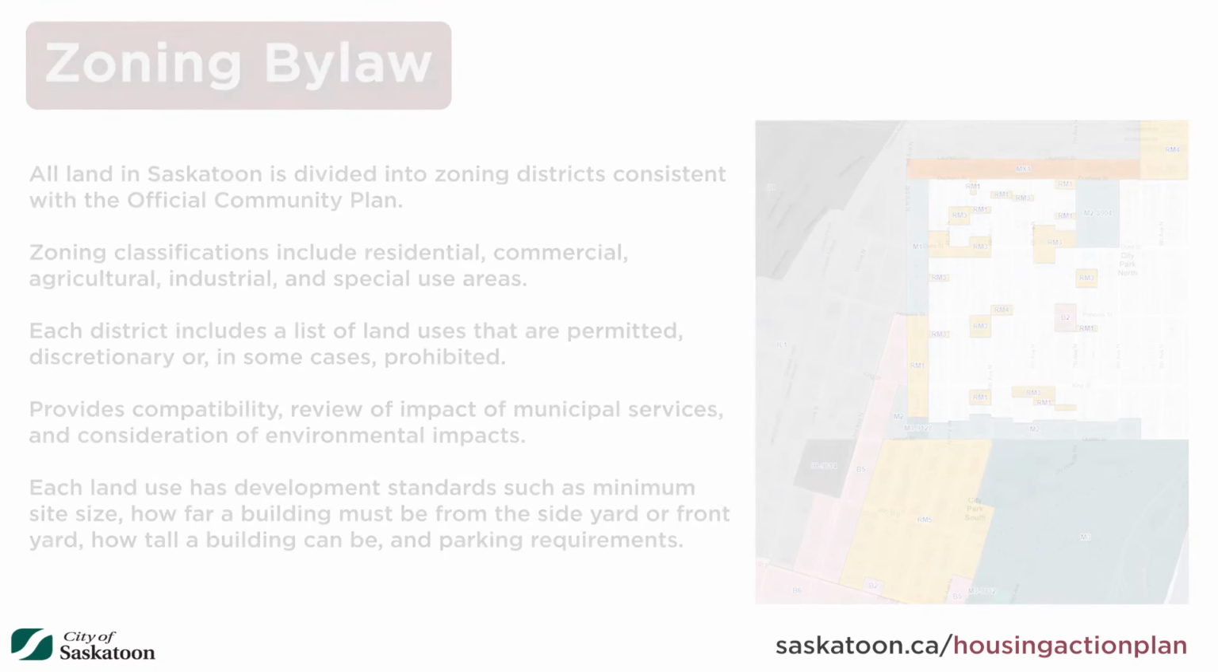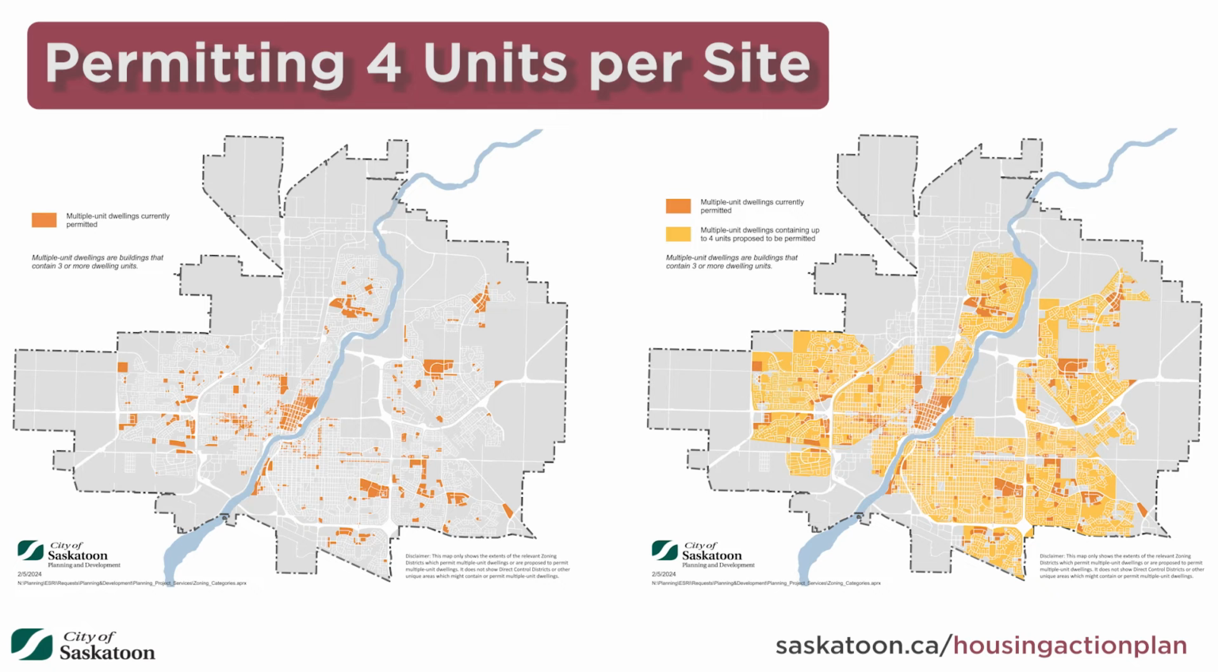The map on the left shows all of the zoning districts, in orange, that currently permit the development of multiple unit dwellings. The map on the right shows all of the zoning districts, in yellow, that are proposed to permit multiple unit dwellings containing up to 4 units. The orange and yellow areas together represent all of the residential zoning districts in Saskatoon. Please note that these maps do not show direct control districts or any other special areas which may also permit